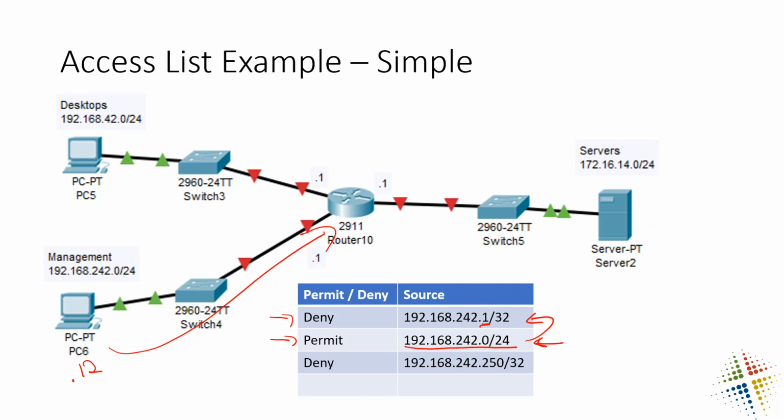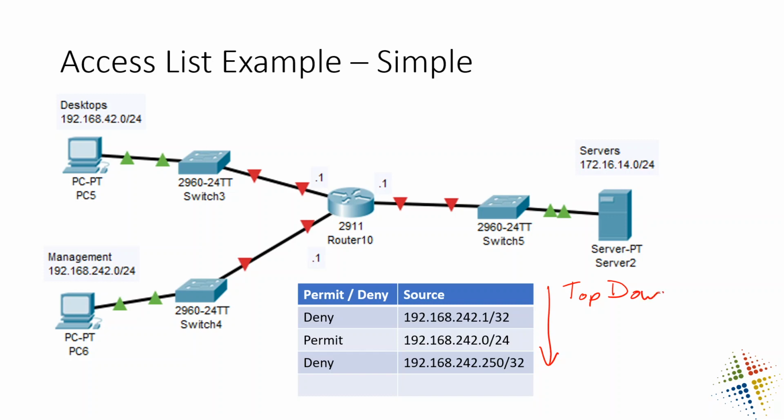Since it matches, it's going to be permitted and the traffic will go through. Just that simple. So a couple of things we have to remember about access lists is, first off, that it goes from the top down. Just like when you read a piece of paper or a newspaper article or an article online, you start reading at the top of the page and then you work your way down to the bottom. So it reads from top down,